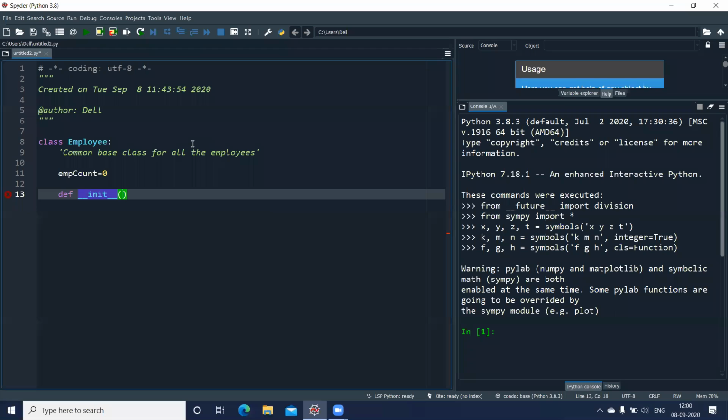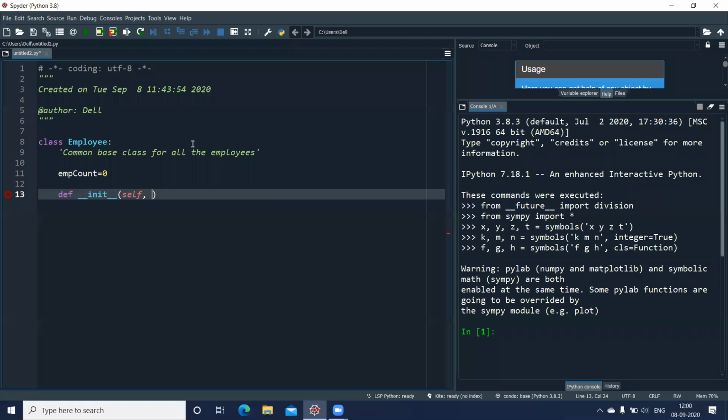So here we have a constructor. The name of the constructor is init. Remember, double underscores should be there. The first parameter is a keyword called self. Now, self usually is always there with your methods, your constructors, especially when you're using a class method.